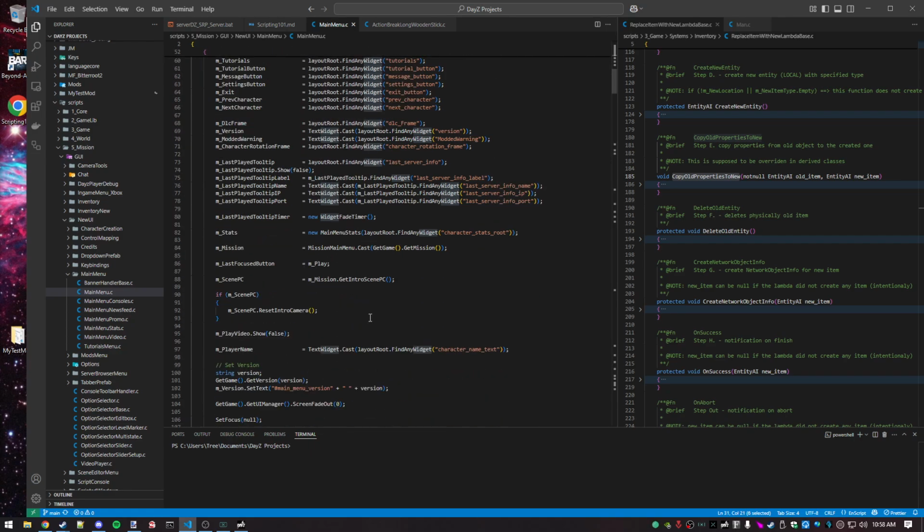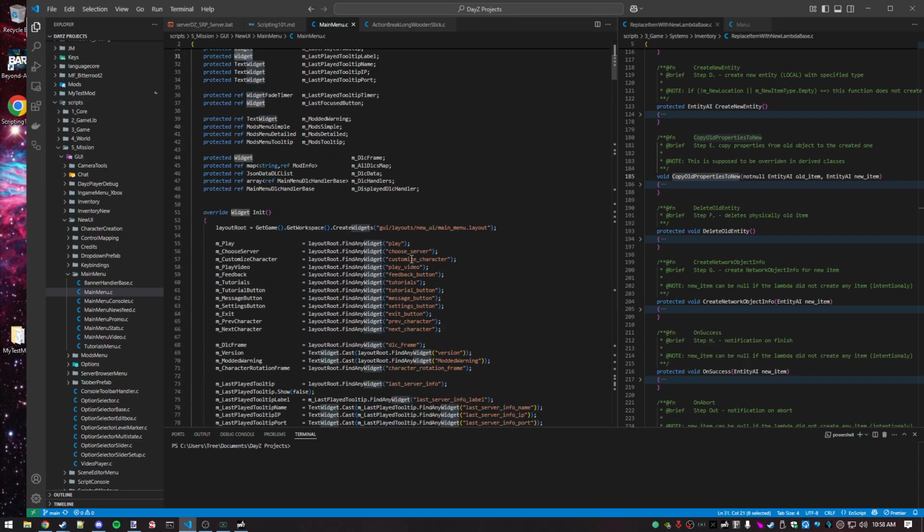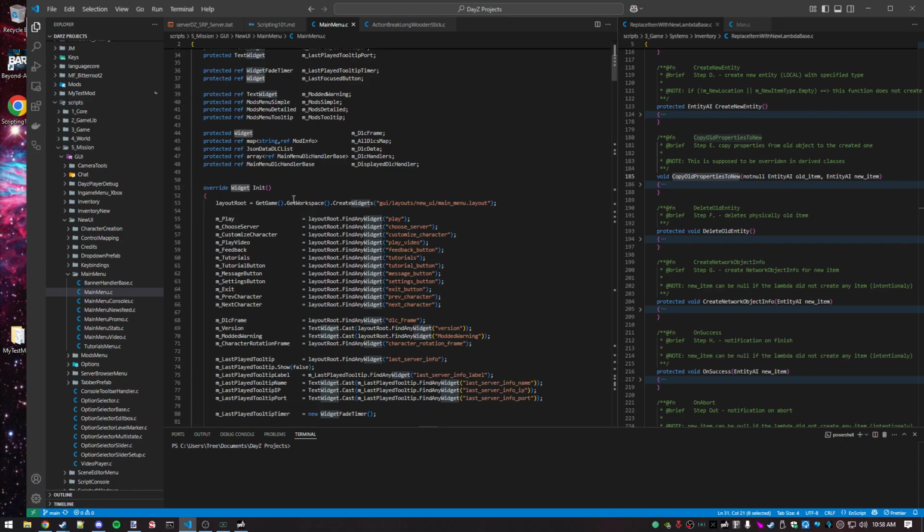Main menu is kind of boring. But one thing that's important is that when you scroll down inside of the layout or the UI, you'll notice that most of these have an init function that returns a widget, which is good because when I create myself,